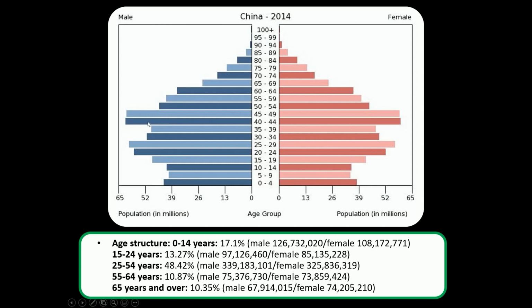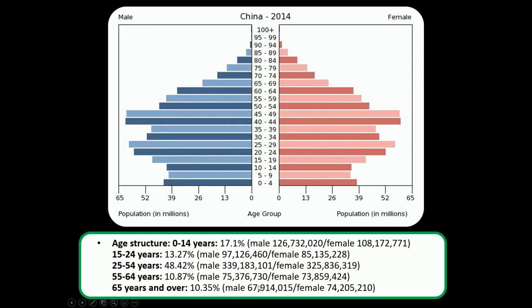So if we start looking at the top, it looks like a rapidly growing population because look, each slice is getting bigger and bigger and bigger, and it's curving outward as we go. And if you notice, the female population is actually larger than the male population up here on the top. It looks like I tabulated it down here. For people 65 and older, which is about 10% or more of the population, there was about 74 million female,